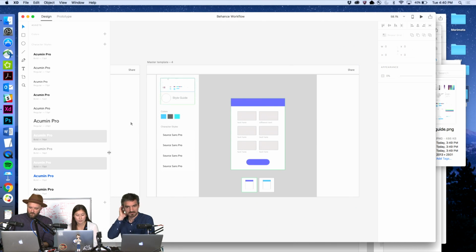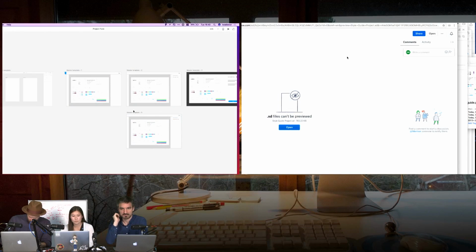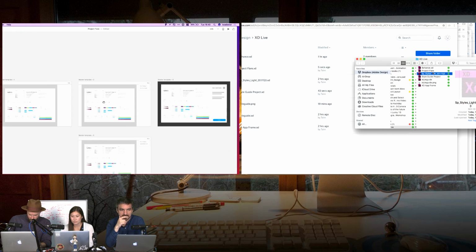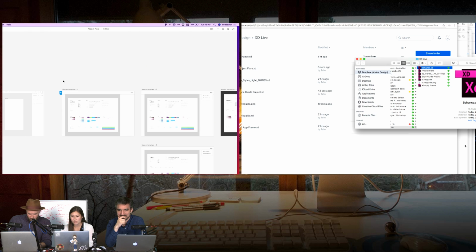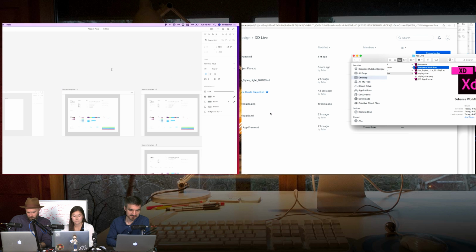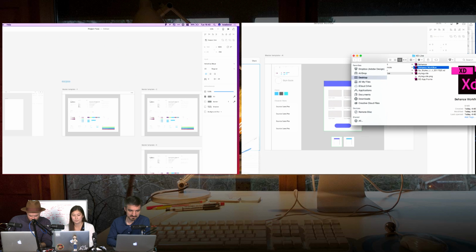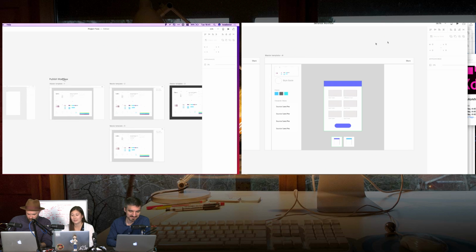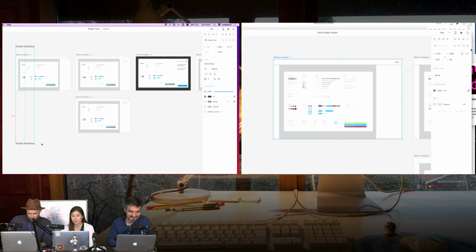There we go, Behance workflow. We'll give that a sec to go up. I'm just gonna do a little organizing here. So here we have... That's up in. All right, cool. I always like to just add some quick labels here. You see, I'm always working with this character style panel open. So that's our publish workflow, and then I'm gonna do our